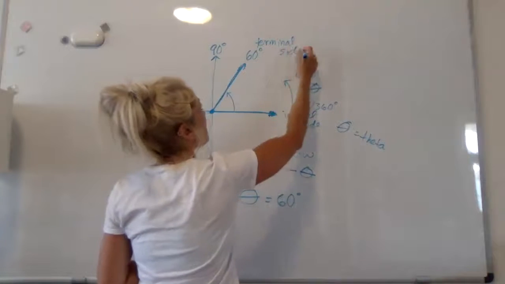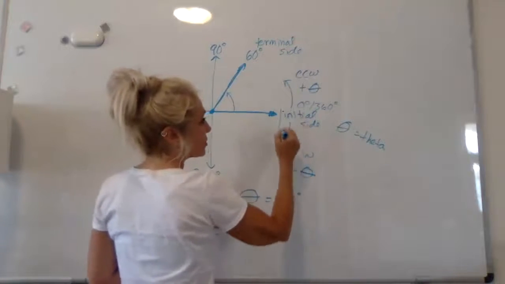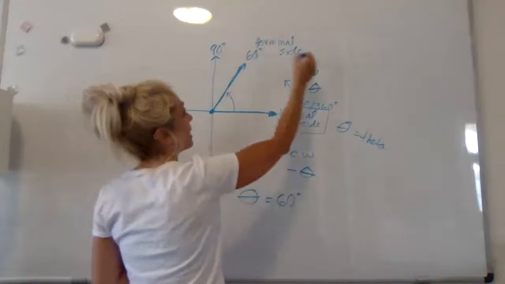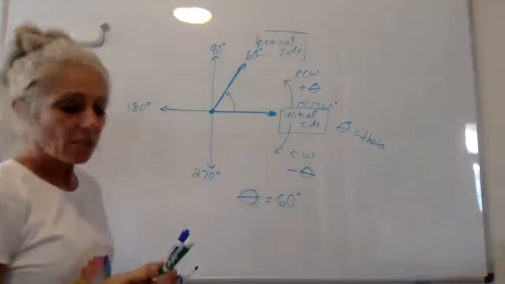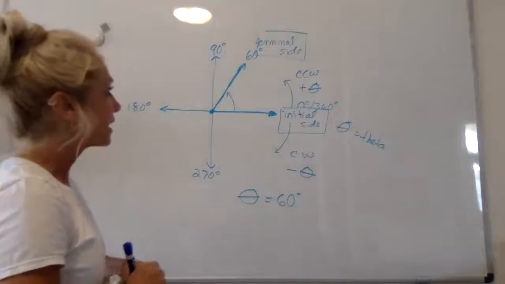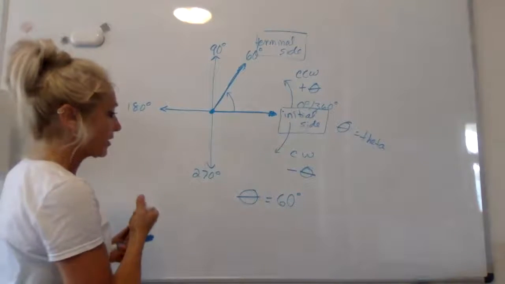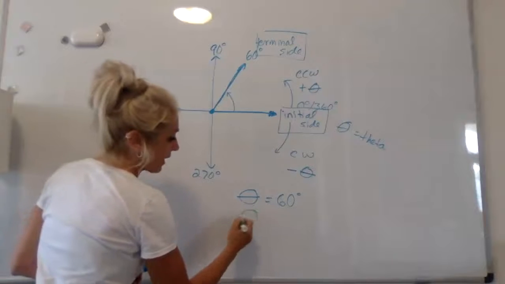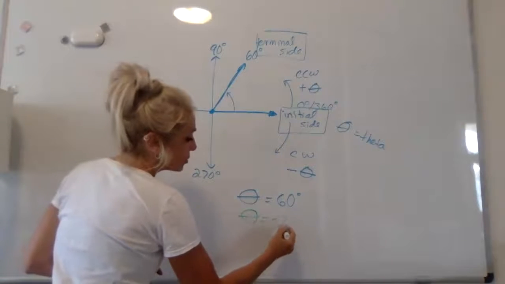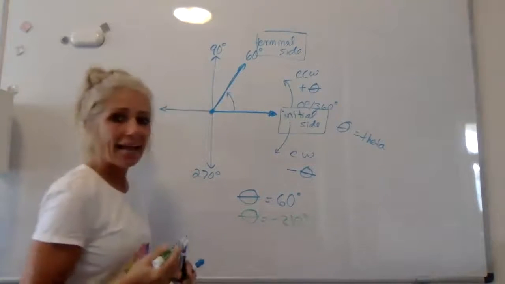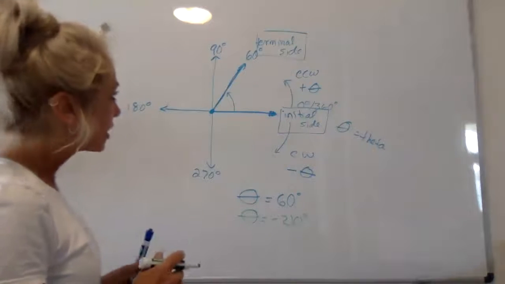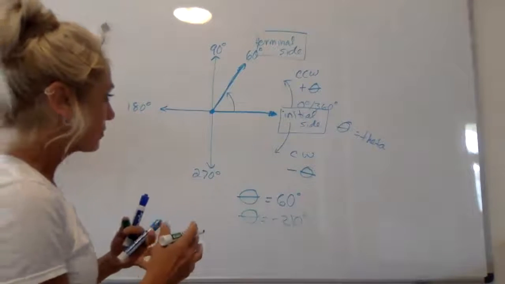So you have some vocabulary. And if you do watch the notes, you're going to see that there's a whole list of vocabulary at the beginning of the lesson. Terminal side, initial side. And so a lot of what you're going to be doing is just graphing those angles. Say that you're asked to graph a negative 210. Now that's not as familiar, and it's going to be a little bit trickier for you to think through, but